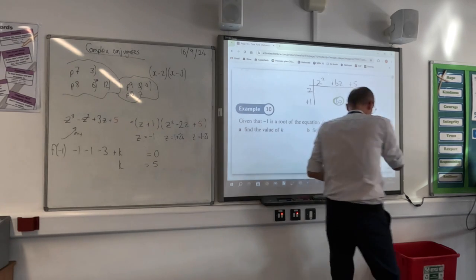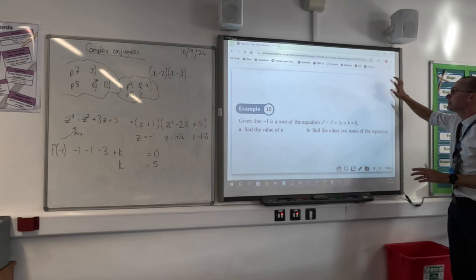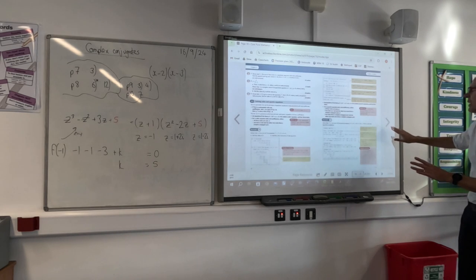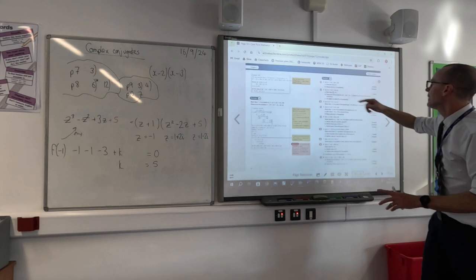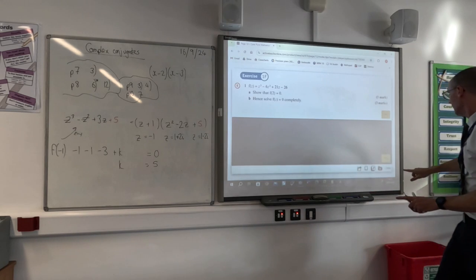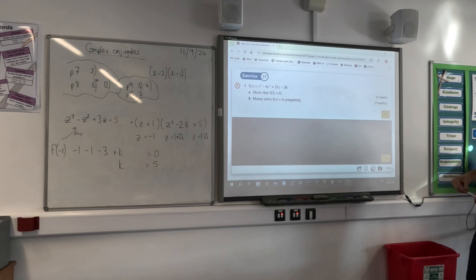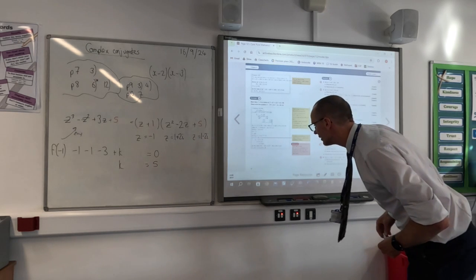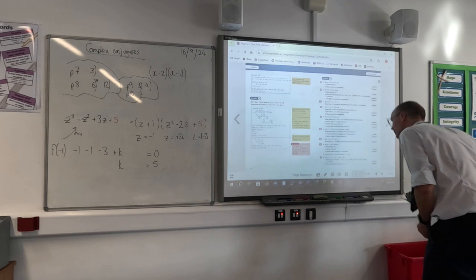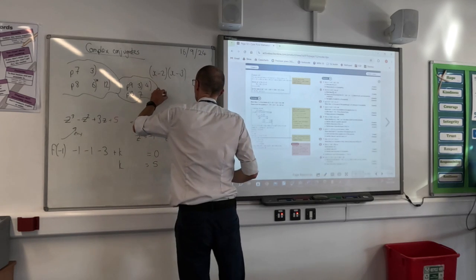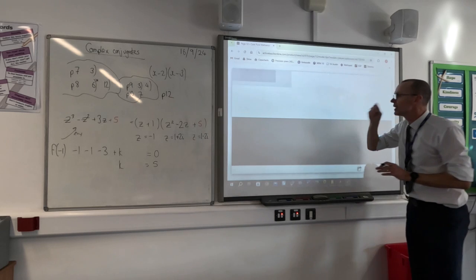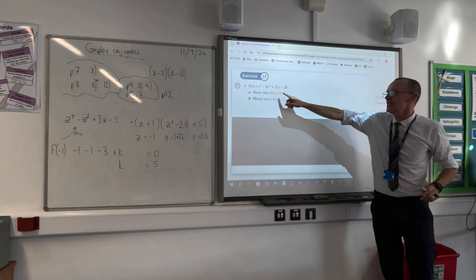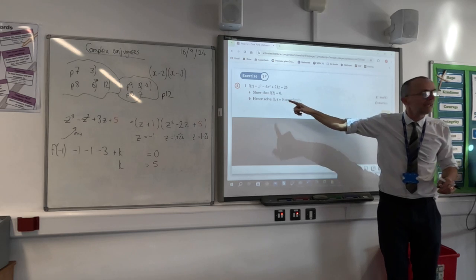And this is a really key technique, and it's a nice technique, and there's more than one way of doing it. I didn't get as far as I hoped, so I'll add this question to the list. This is page 12, question 1. The only reason I want to show it to you now is they're telling you that f of 2 is 0. So what they're telling you is that